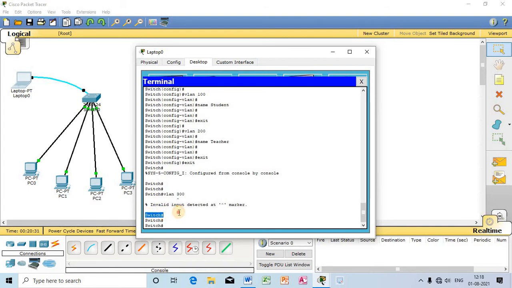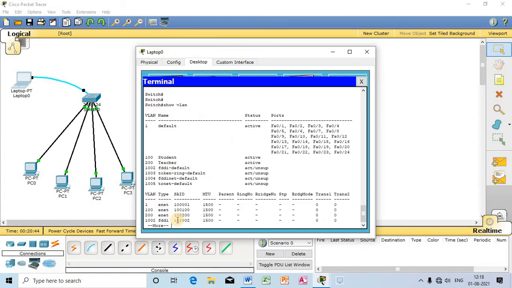So in this enable mode I can only see the status of the VLAN. Let me check out the status of the particular switch. Show VLAN. See the status, you can check out. I have created two more VLANs. See, by default there was a single VLAN named default, active.